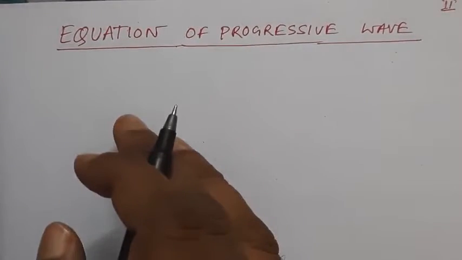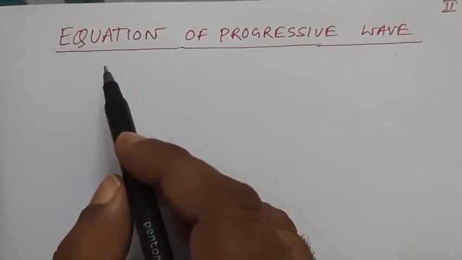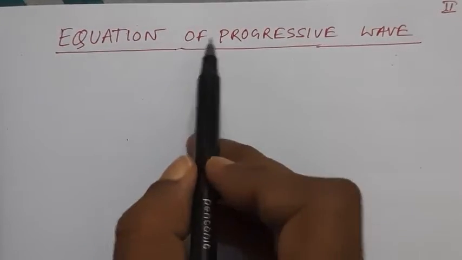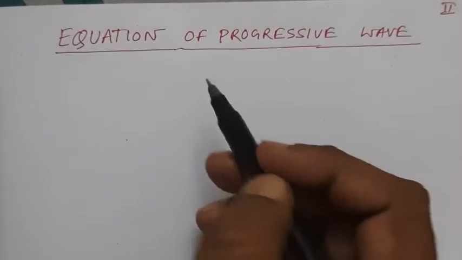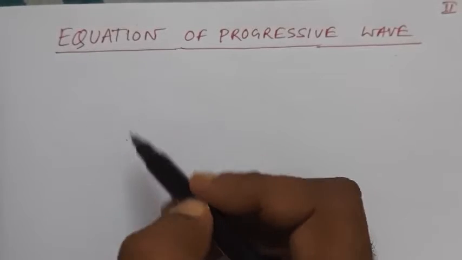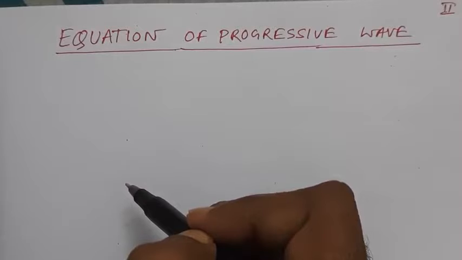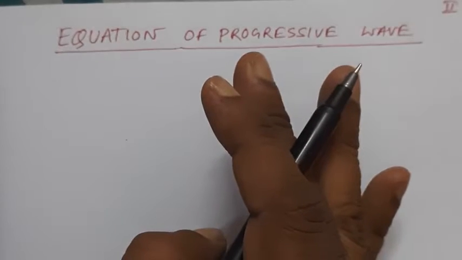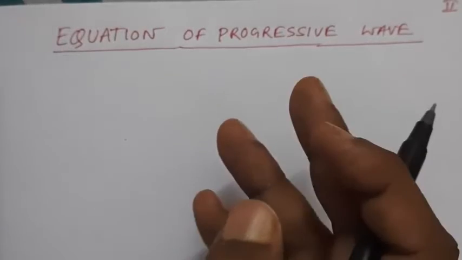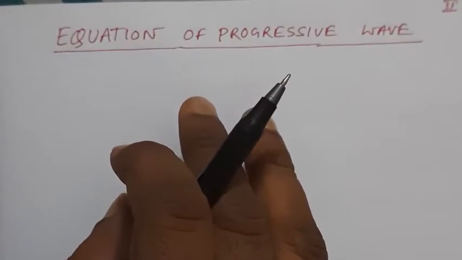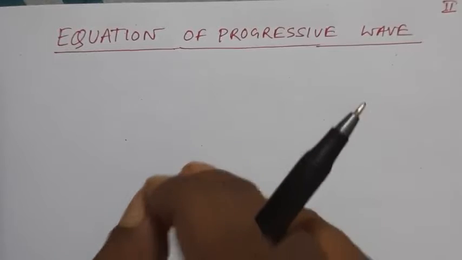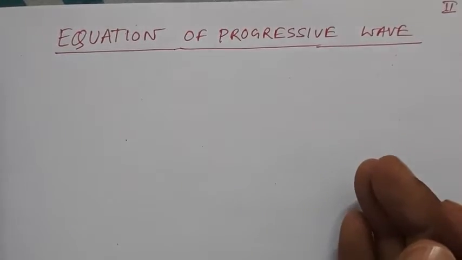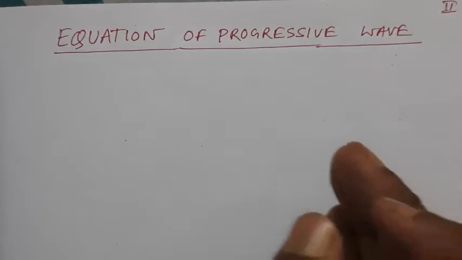Now we start with the second video, a very important video: the equation of progressive wave. First we'll try to derive the equation of progressive wave. Second, we are going to get four different types of the same equation. And the third thing that we have to do is to solve problems, comparing the equations given in the problems with the ones which we have